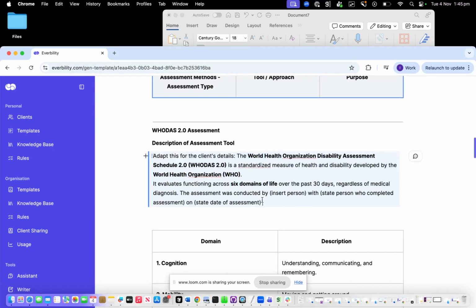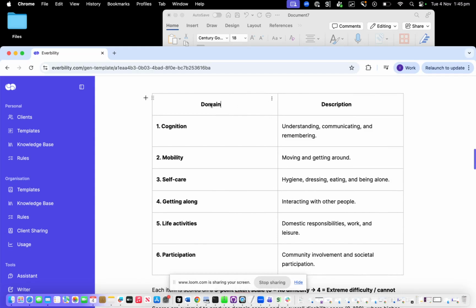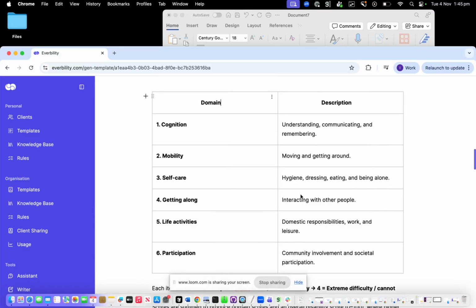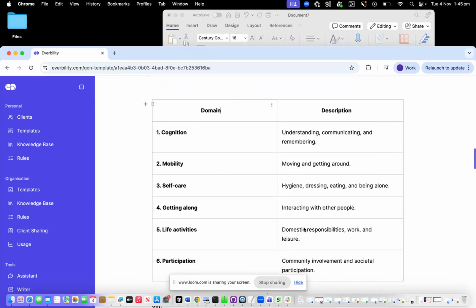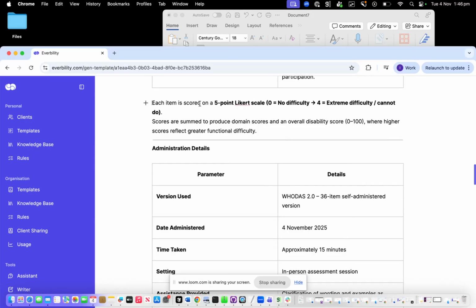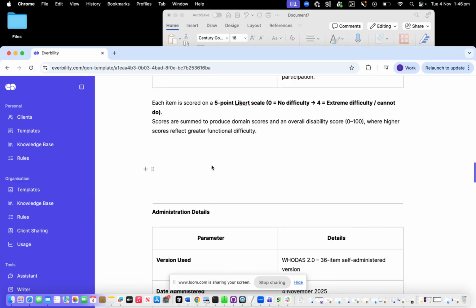Highlight this as a prompt, and then now when it goes to generate, it will fill out this information and keep this structure. Alrighty, so right now we have our WHODAS assessment results. So this is just a description. So again, if you want to keep this, you don't want AI to change any part of this, you can just move through. Let's say we have some scores. You could either have a paragraph here to state the results from the WHODAS assessment for the client. Again, you might have something like use this structure. If you have a particular structure,